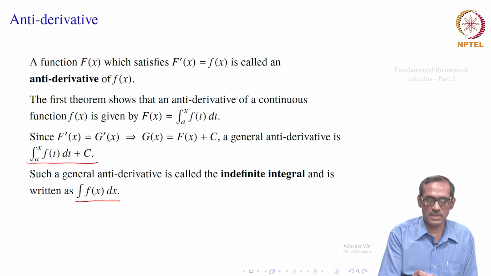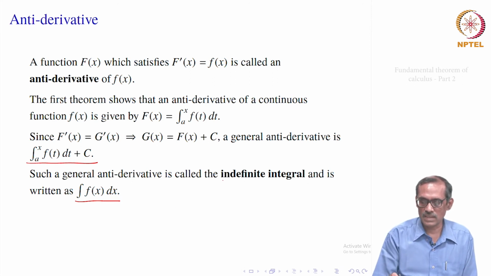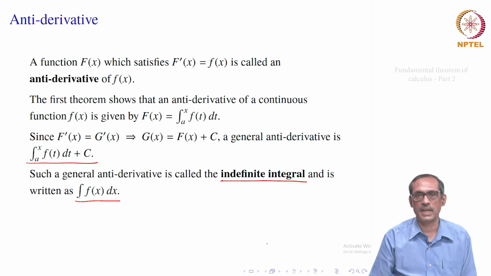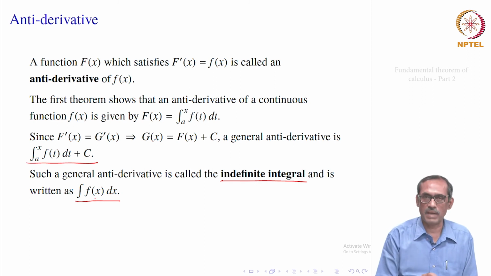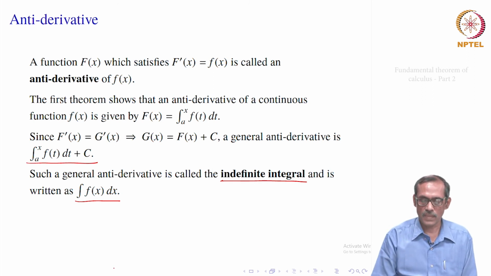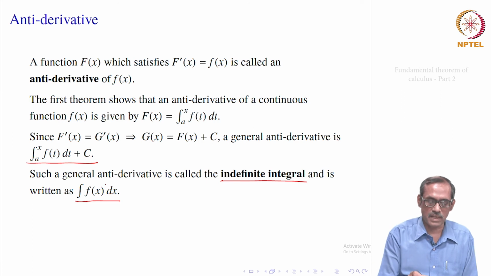In general we will give another symbol for it. The integral from a to x of f of t dt plus c, we will write as the integral without any limits, f of x dx, which will be read as the indefinite integral of the function f of x. So, that means this indefinite integral f of x dx is equal to the integral from a to x of f of t dt plus c for some a, because f is defined on that a. So, the first endpoint we are taking.